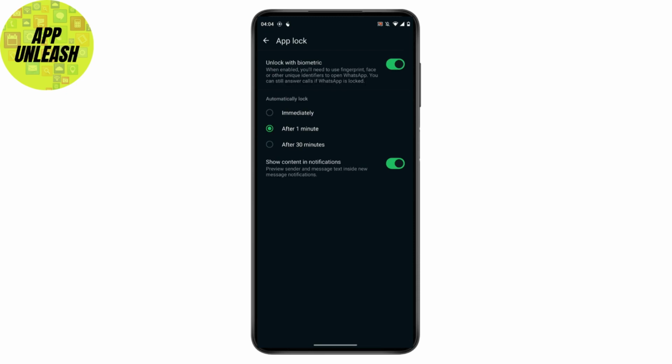And after turning it on, it will ask you to enter your fingerprint. So now just simply enter your fingerprint. You have to enter the fingerprint that you have set in your device. So just enter the fingerprint that is in your device, and after entering that,